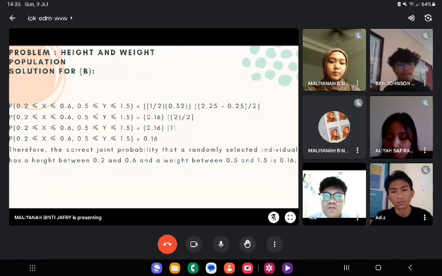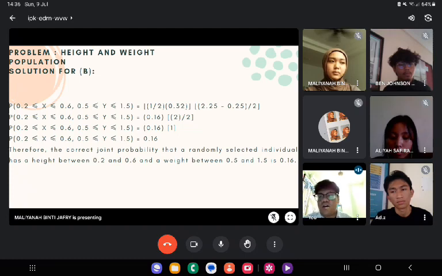Then after that we solve it again. We will get 1 over 2 times 0.32 for the x side, and for the y, 2.25 minus 0.25 over 2. We solve also the y part, and we solve also for the x part. We will get 0.16 2 over 2, and we solve it until we get the final answer, which is